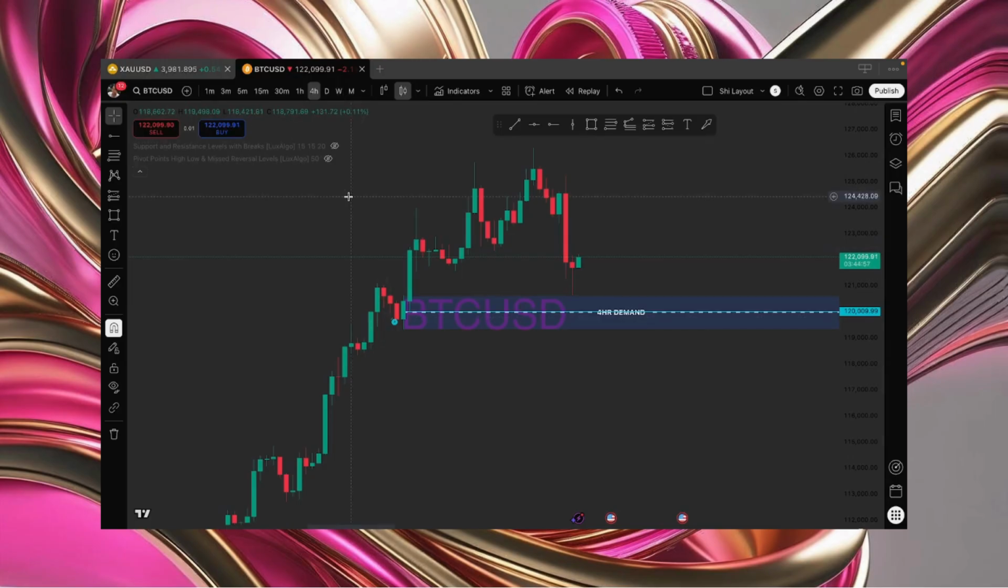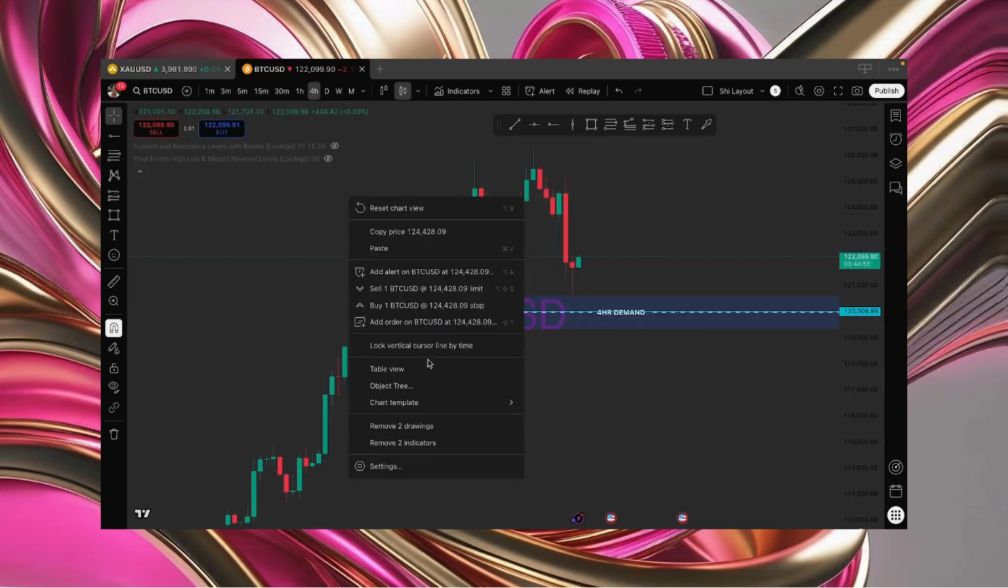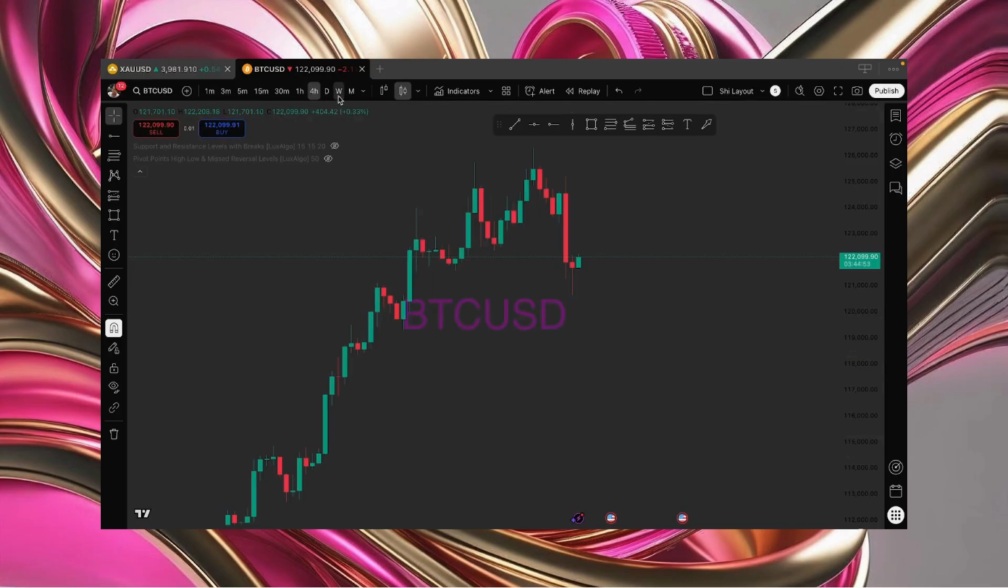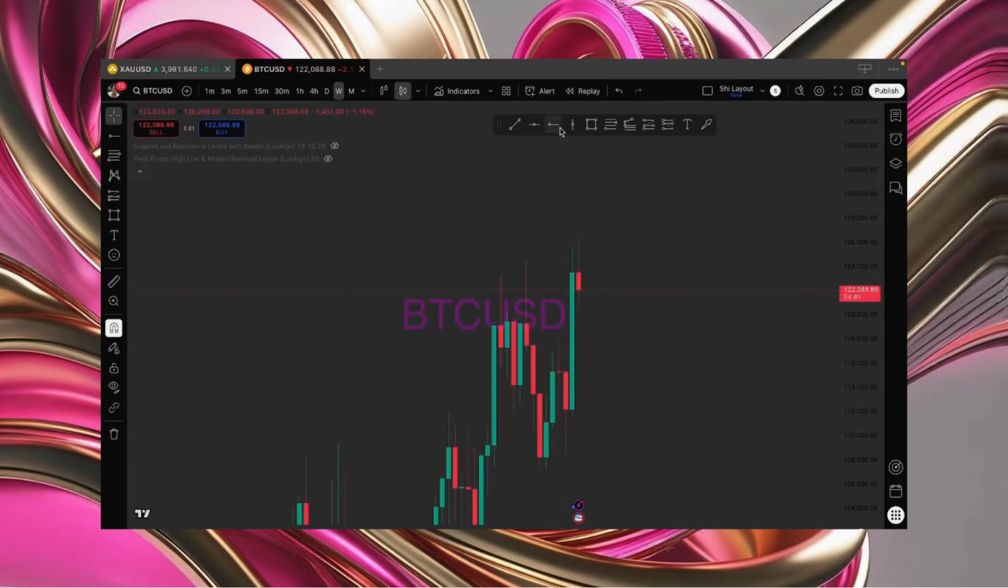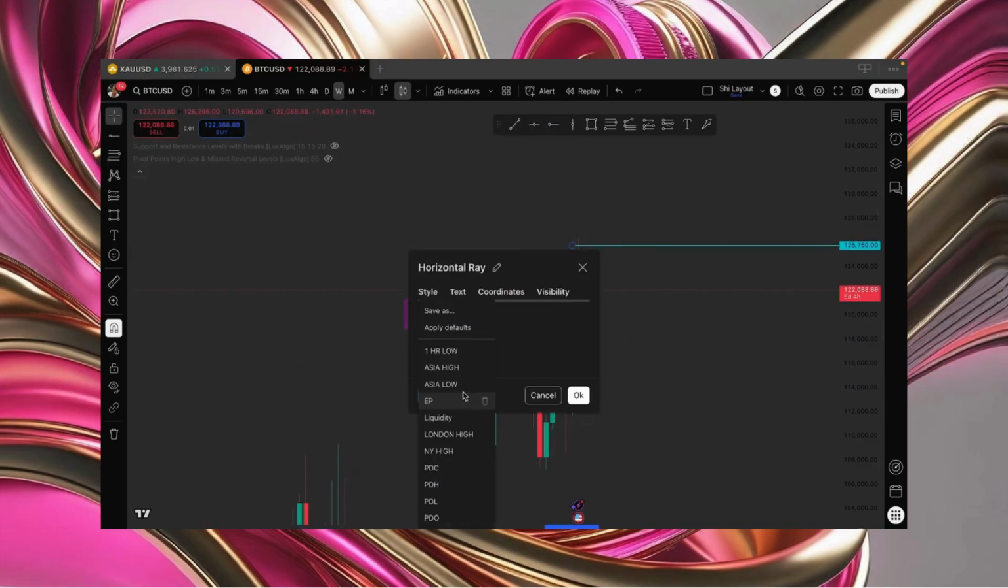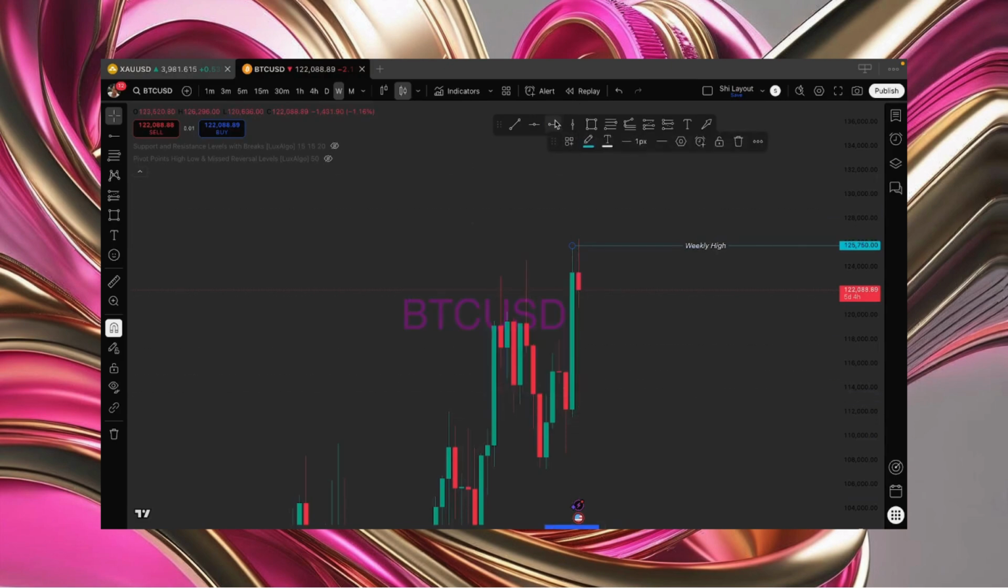First thing, I'm going to clear off my screen. I'm going to remove these drawings, and my screen looks like this for educational purposes. I want to make sure that you all can see everything clearly, but I start off looking at what the weekly has done so far. Okay, so I mark up my weekly high, mark up my weekly low,